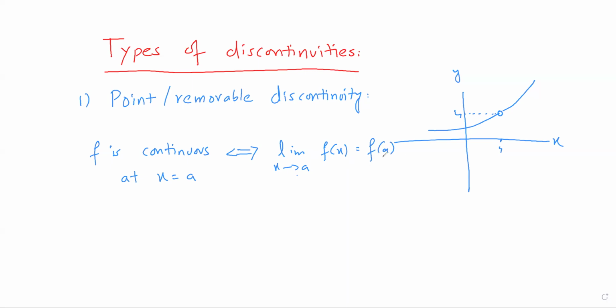That is the actual value of the function at the point a. So if the limiting value is equal to the actual value of the function at that point, we say that